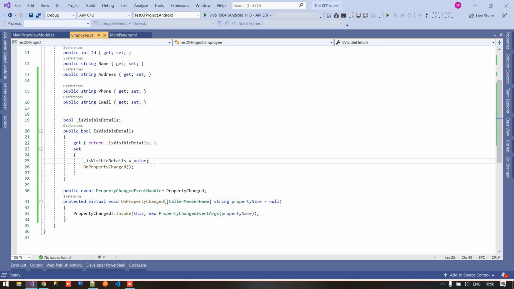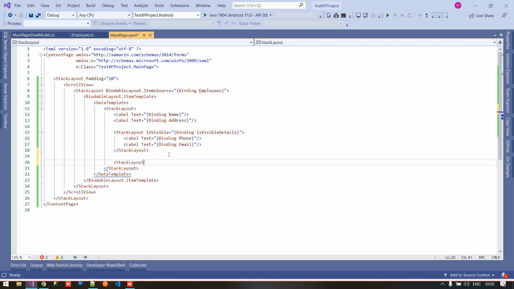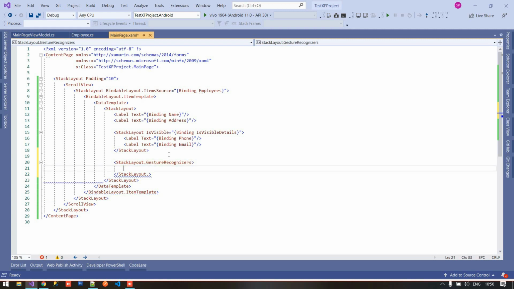Now we have to write some logic. Suppose when the user clicks on that item, we have to take that particular item element. How to do this? Because the bindable layout does not contain any click event, inside the stack layout we are taking a GestureRecognizers, and here I am using the TapGestureRecognizer.